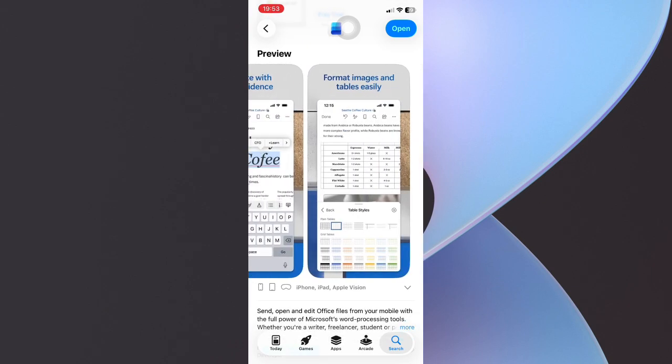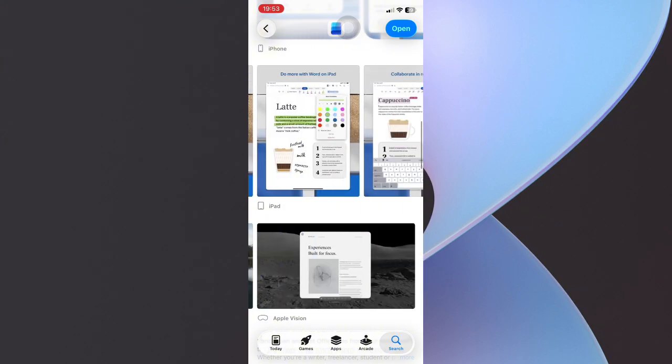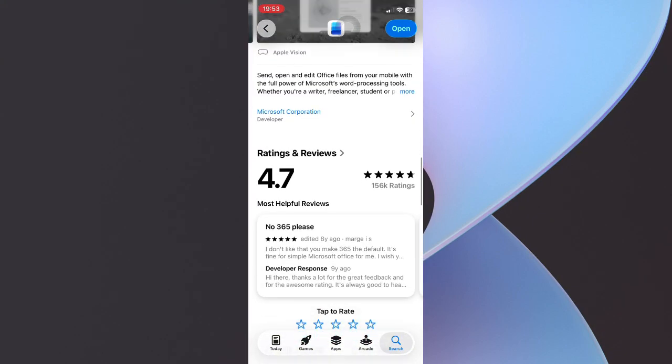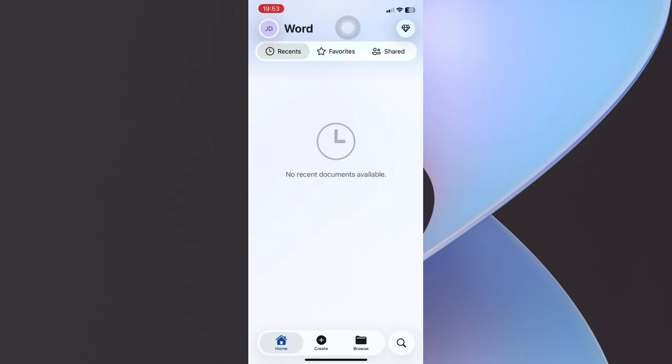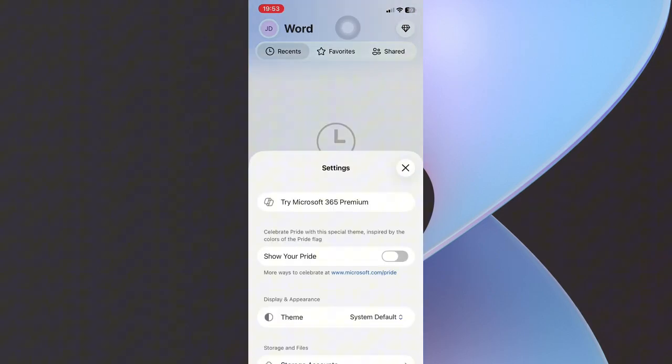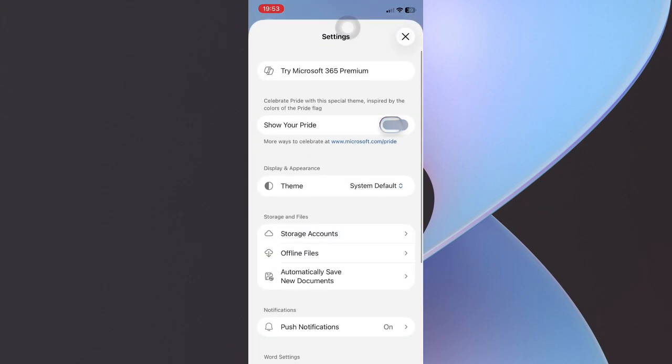To get started, open the Microsoft Word app and open the document that you want to share. Once your document is open, look for the share icon near the top right corner of the screen and tap on it. You'll now see several sharing options depending on where your file is stored and which version of the